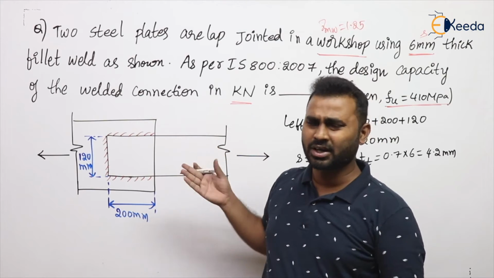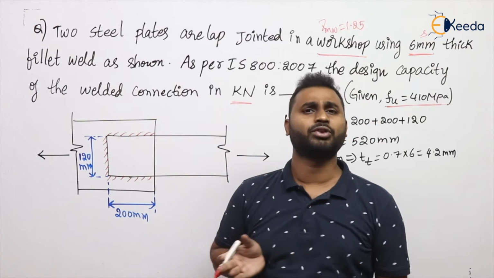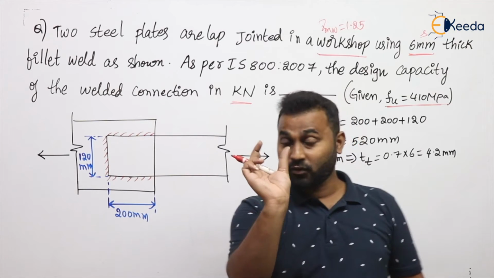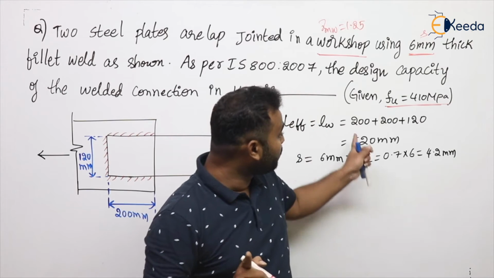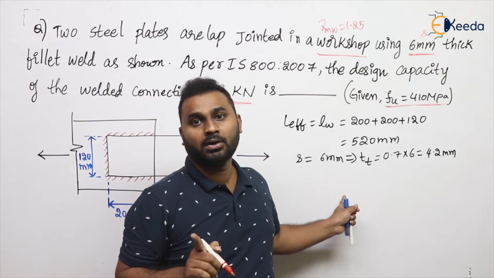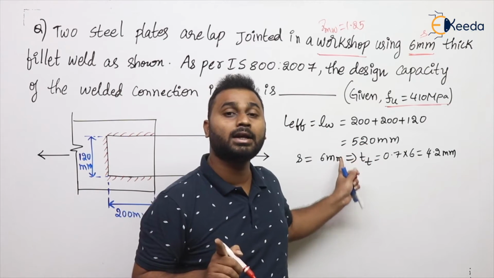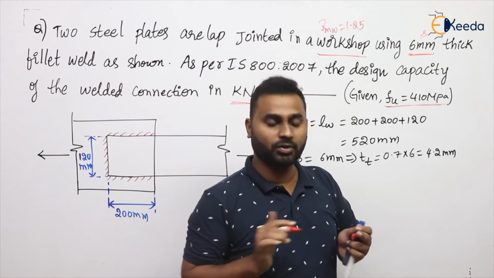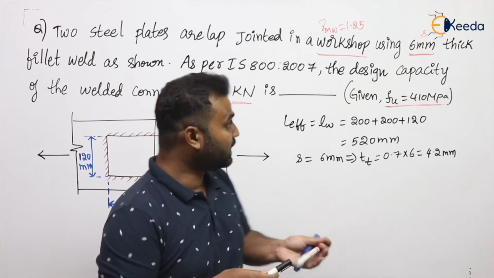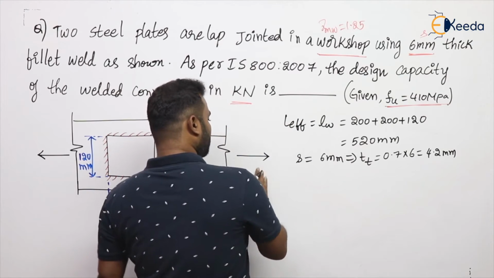So concentrate more, because within one line we can answer these types of questions. We go to that one line for solving this question by knowing the information, or by calculating the required parameters from the given information. Is that clear, everyone? Now he's asking us to find the design shear strength or design capacity.